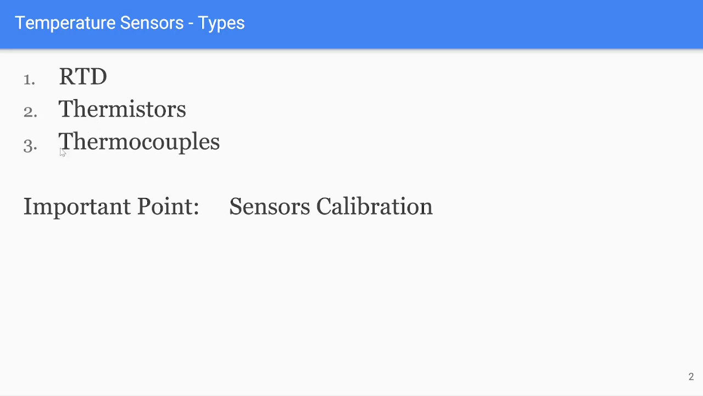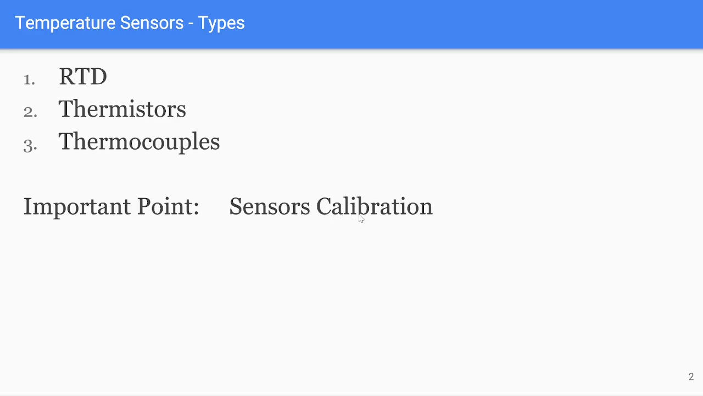The third type is thermocouples, and we will learn all these three different types of temperature sensors, their features, capabilities, pros and cons. The most important point here, in relation to using temperature sensors, but not only temperature sensors, any type of sensor, or based on my experience, in any system design,